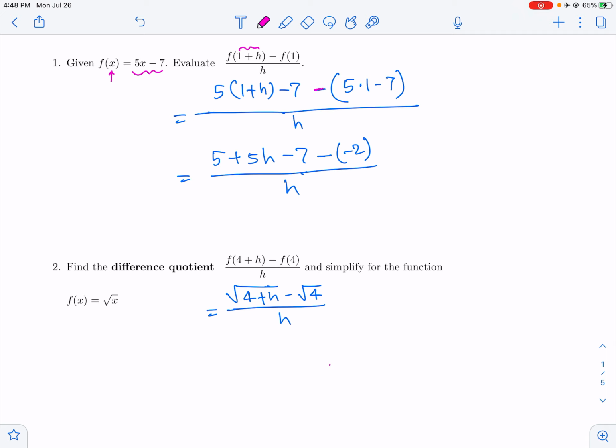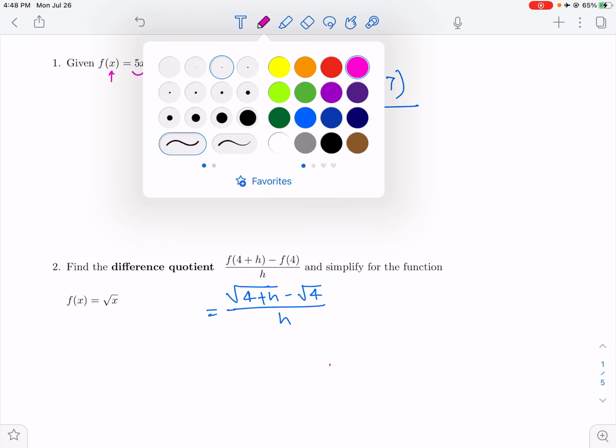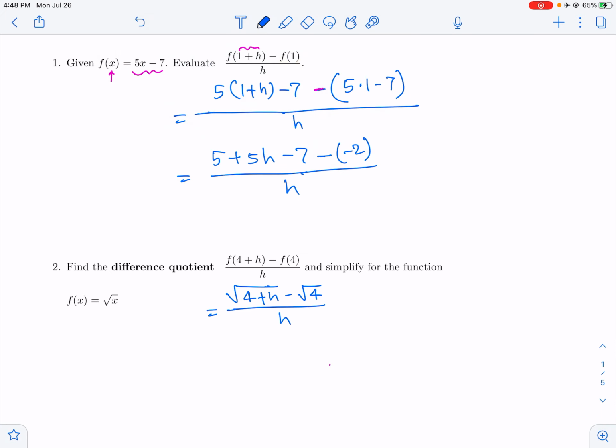f(1) is 5 times 1 minus 7, which is negative 2, and minus negative 2 means just plus 2, so this is going to be plus 2. Here we need to distribute the 5, so 5 plus 5h minus 7, this is plus 2, so what we get is 5 plus 5h minus 7 plus 2